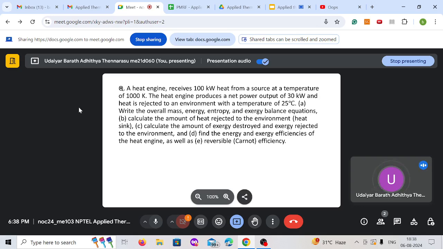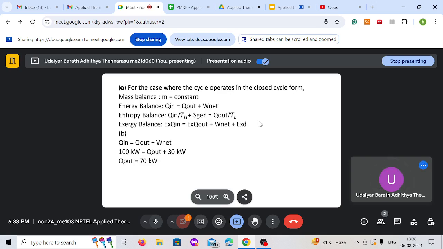So what exactly is happening is, we have a heat engine which is receiving 100 kilowatts of heat from a heat source at a temperature of 1000 Kelvin, and it's producing a power output of 30 kilowatts, and it is rejecting heat to a temperature of 25 degrees Celsius. So we'll see how to solve this problem. So the first case is